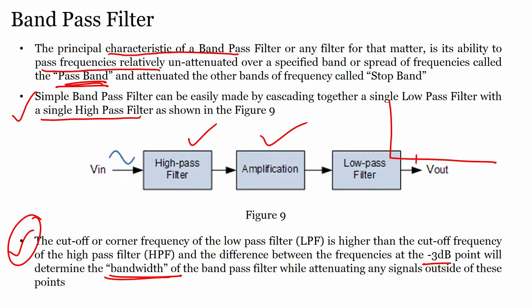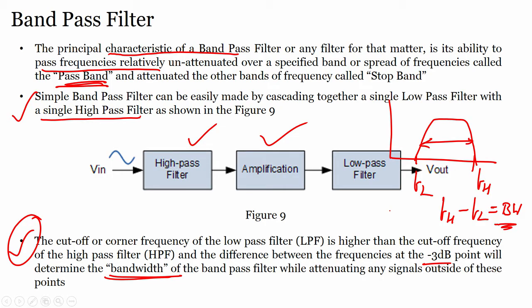I will design a filter like this, and I know this is high frequency, low frequency, f h minus f l will give me bandwidth, the band of frequency, alright. So, what is written will determine the bandwidth of the band pass filter